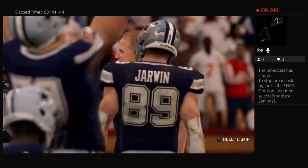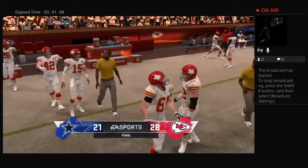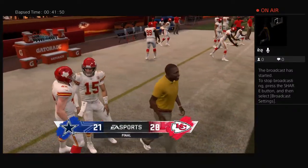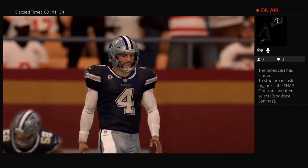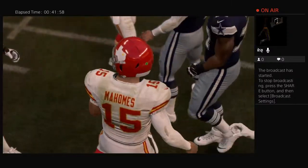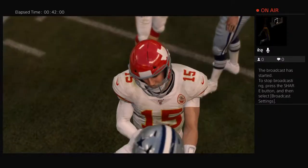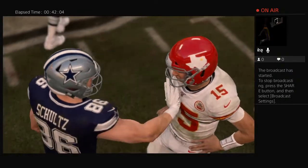Here's 1st and 10. Well, going into the final play of this game, they knew that they needed some type of a miracle there at the very end, but they couldn't get it done. However, we were treated to really a spectacular affair. Even though they didn't finish it off, you're exactly right. They took us down to the last play. We're still, you're wondering, could it happen? Possibly, even though we both